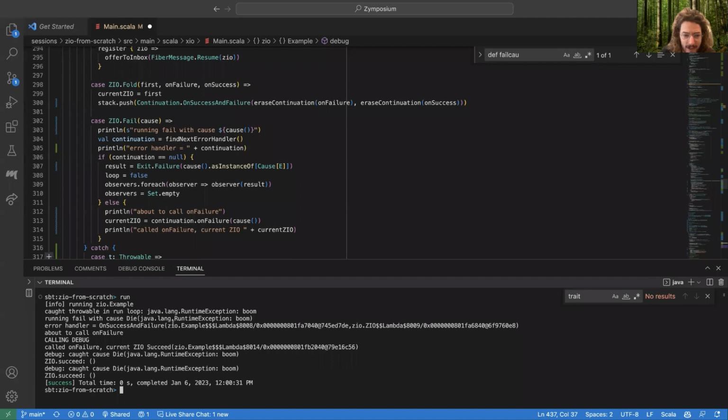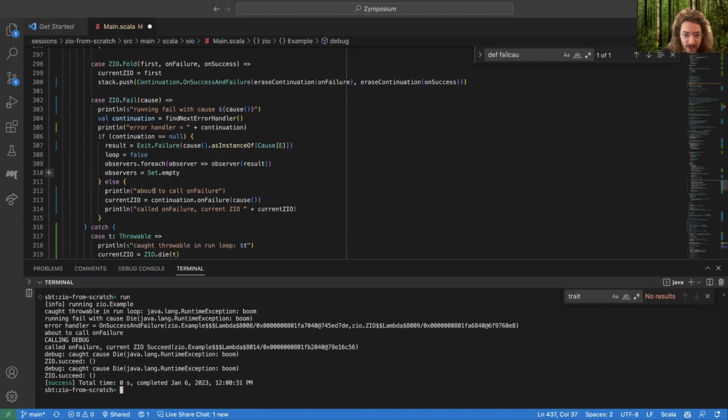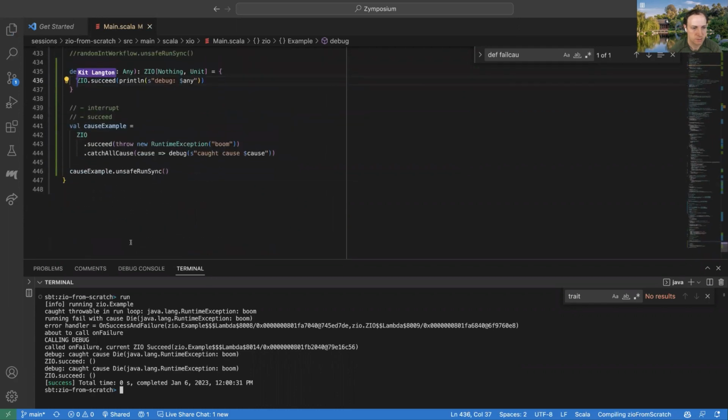And then we called that error handler's onFailure with our handler, which should call indeed the debug, which should just print. It should now succeed, just printing out the cause, calling debug, and then calling onFailure. Yeah. And then debug. Wait, it does say debug now. It is being called. Yes, I think it's working.